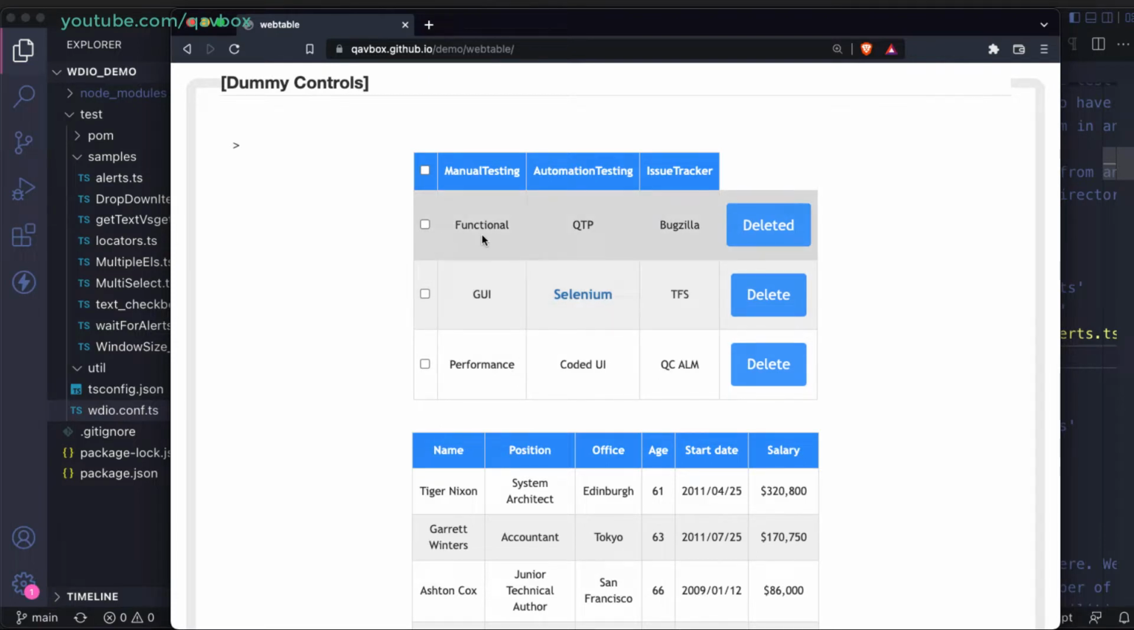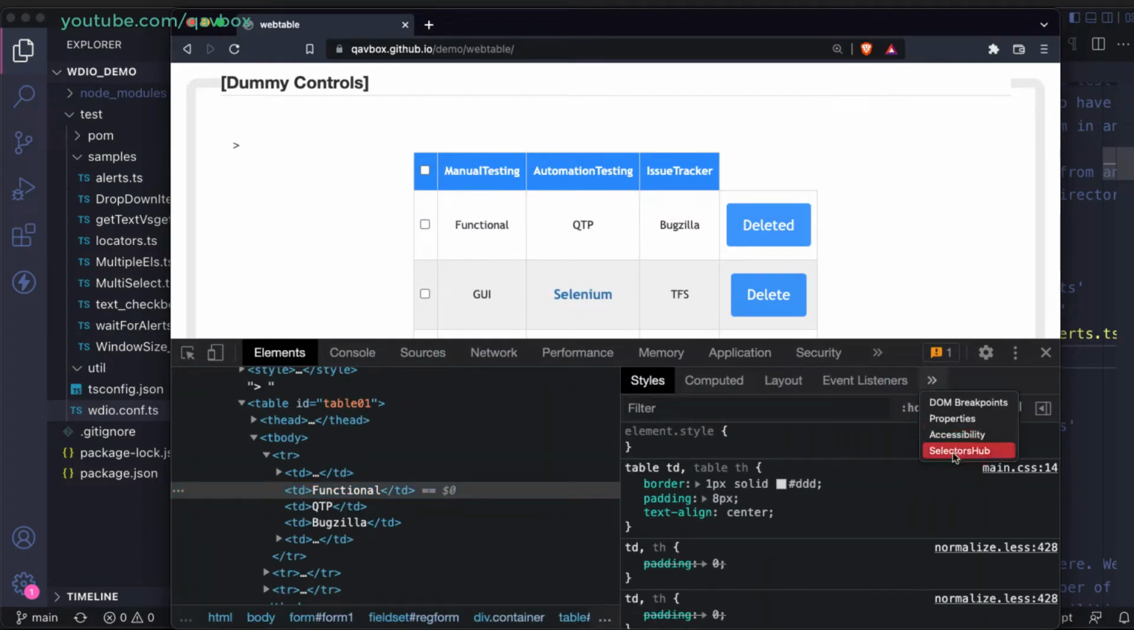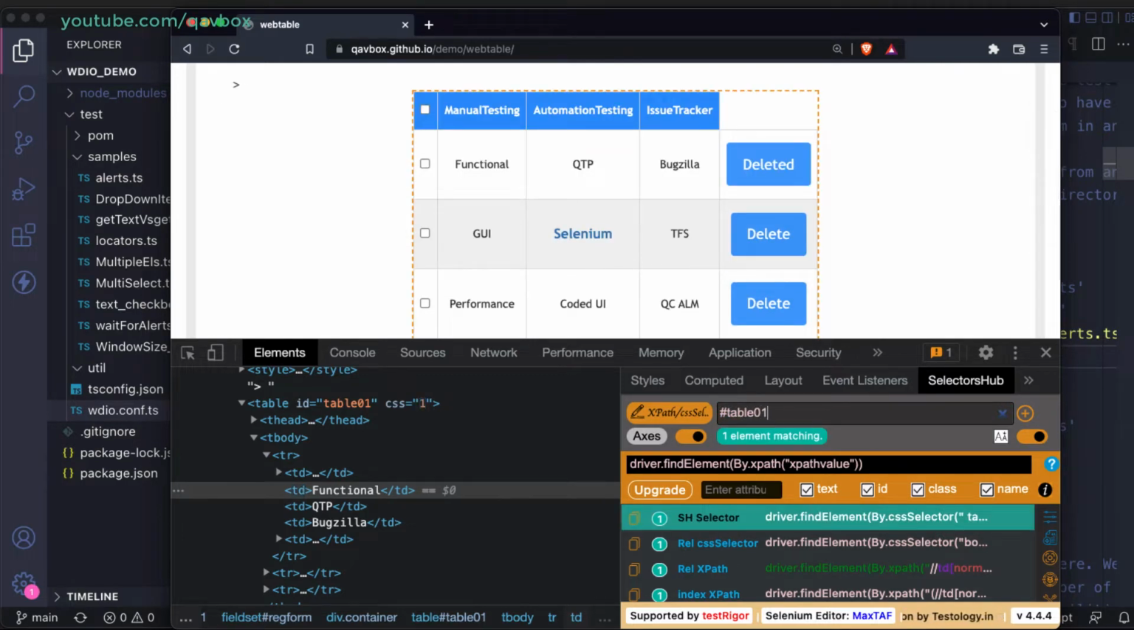Now to get all these rows, let me show you in the selectors hub. By identifying these elements, it is very easy actually. So if you want to identify this table, you need to just call this one. You can see the entire table is coming. I'm using CSS selector for my ease, but you can use XPath as well, because both of these are supported